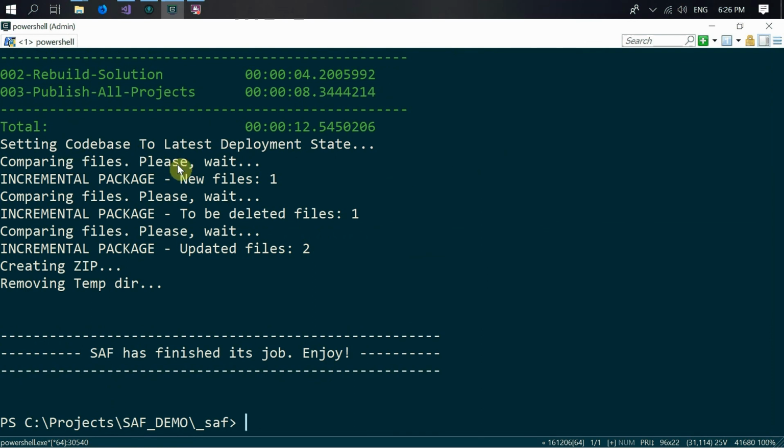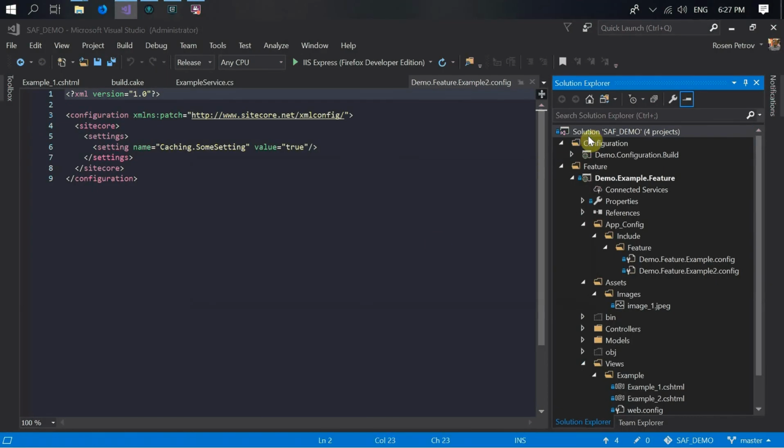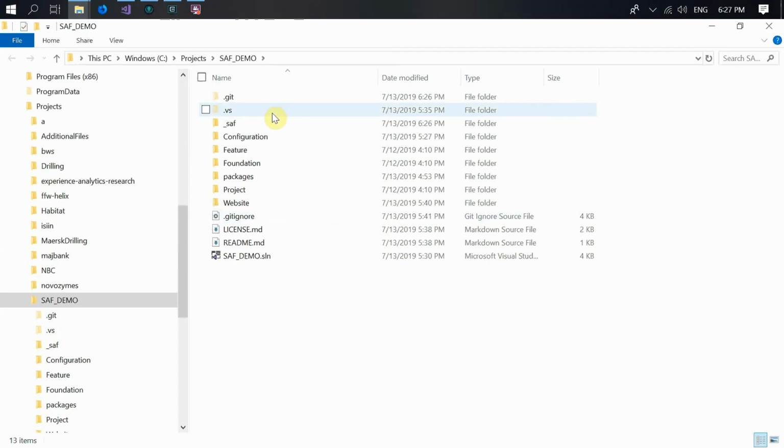And as a next step, it will build the incremental package. So it compares both source codes from the latest and from the last deployment. And you see that actually the incremental package has one new file, one file which needs to be deleted, and two files which have been updated. And now if I go again and just check what we have in the incremental package,